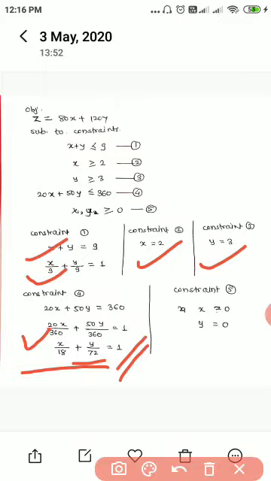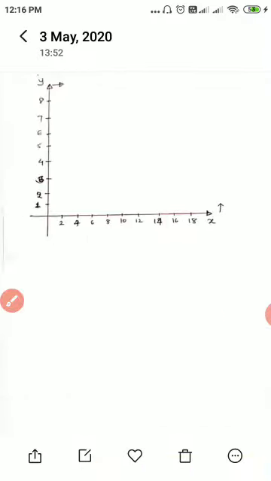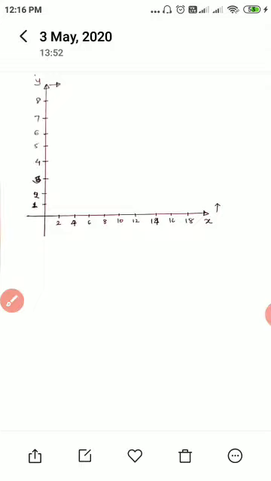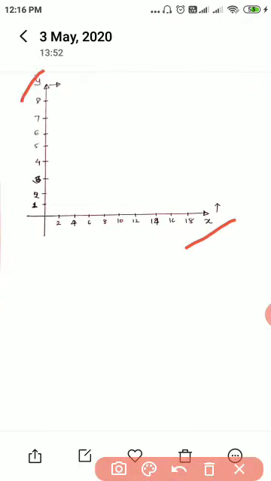So after converting the set of constraints into the equality sign, we have to plot a graph. So this is our graph, and we know for a graph there are always two axes, one is the x-axis and the other is the y-axis. And in this graphical method we have to decide one decision variable on the x-axis and one decision variable on the y-axis.